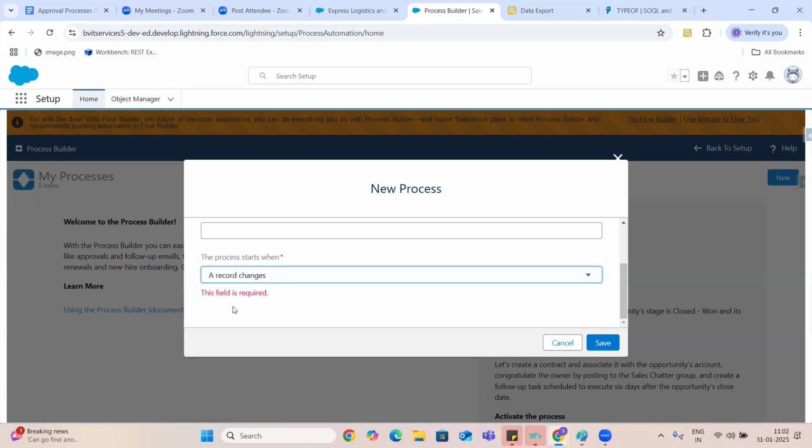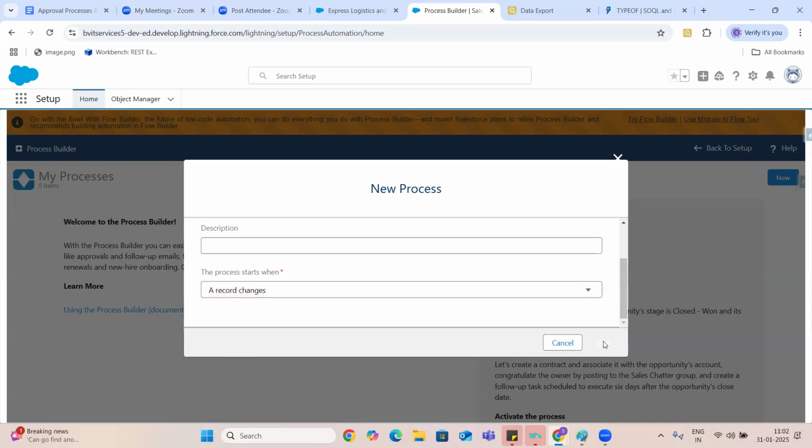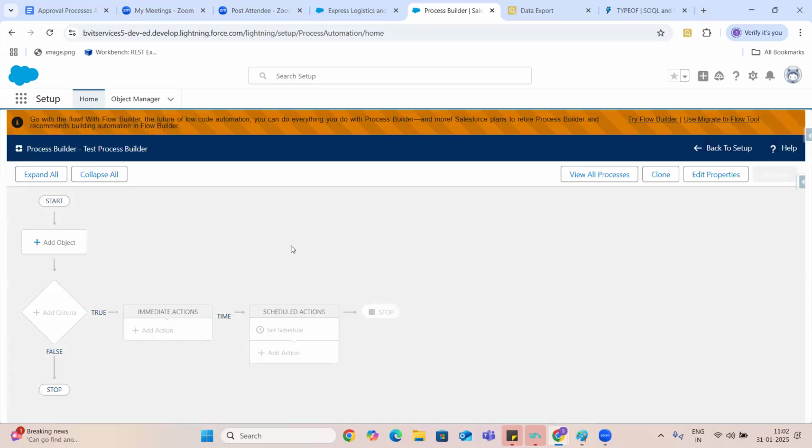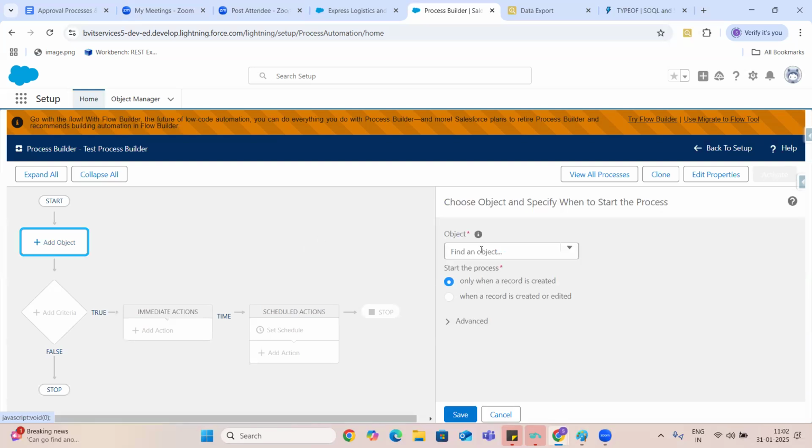I just checked a record changes. Okay. And here we are going to select object. You can select any one of the objects when a record is created or edited. Because what I did is whenever a record changes, that's the reason. And this is done. Click on save.